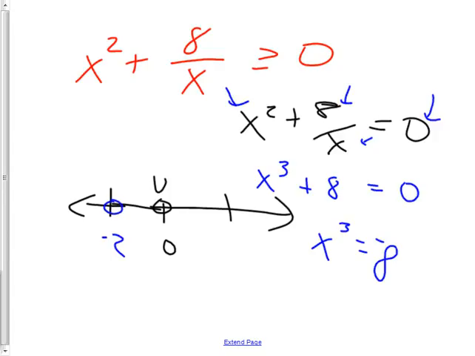And then from there, I can test my little regions. And so remember, you're always looking for the zeros, and you're always looking for the things that will crash it. I should really put, this is a Z for